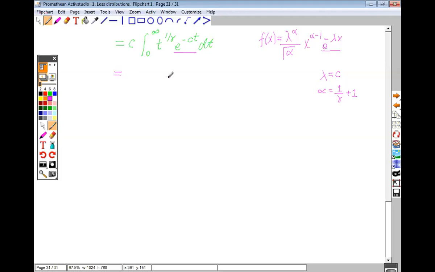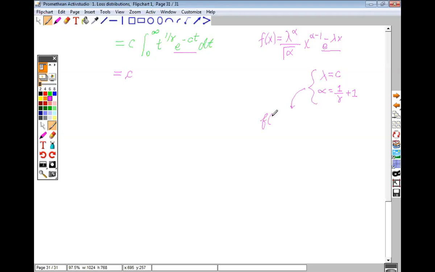To compensate and make it a whole f of x with lambda such and alpha such and so. So we would have to divide by c raised to 1 by gamma plus 1, and multiply and divide as in the constants that are there. So let us try to, first of all, write the f of x for these.